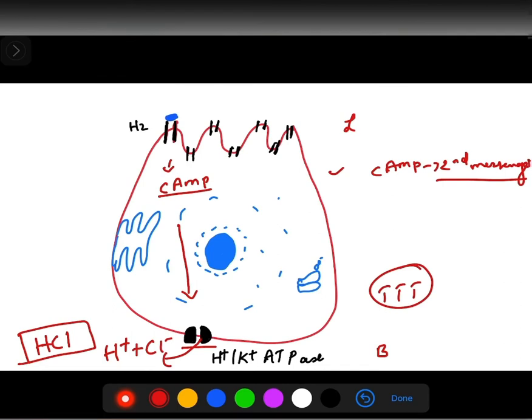So now we give this patient a drug, that is H2 blockers: ranitidine, cimetidine, famotidine, nizatidine. Now what this drug does is, it will bind to the H2 receptor on the gastric parietal cell, and it will inhibit this receptor. Inhibition of this receptor will lead to no rise in cyclic AMP, which will lead to no action of the H+ K+ ATPase pump and no release of HCl, and thus the patient will be relieved of his symptoms. So in this way, knowing the mechanism of action of a drug, you will also know the use.